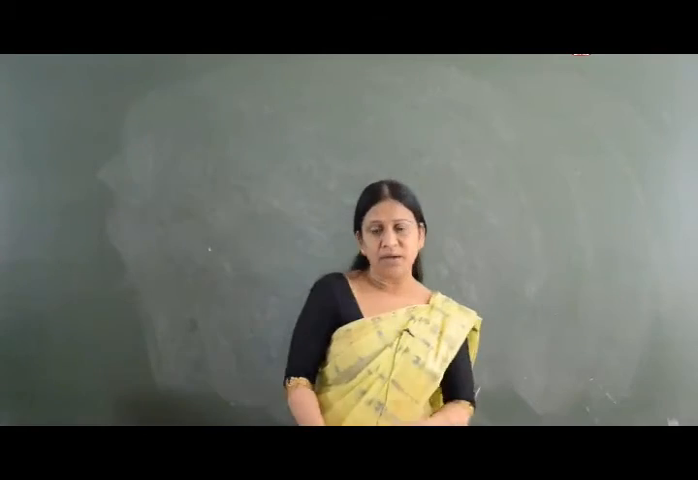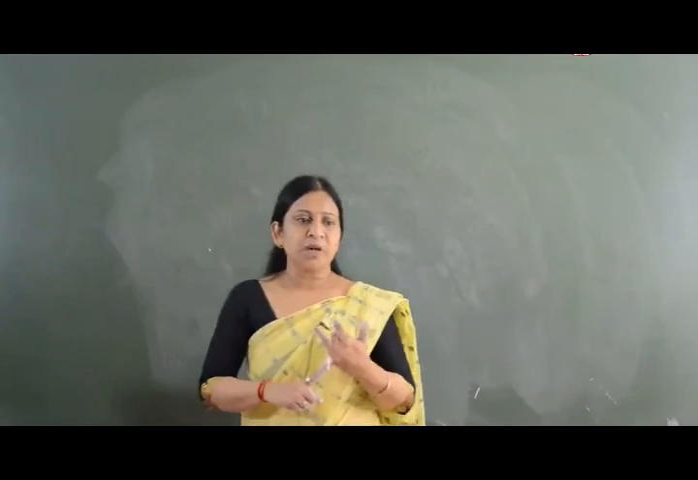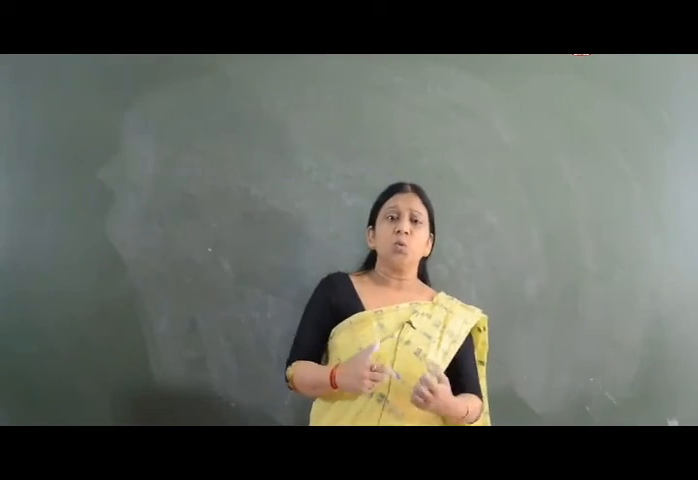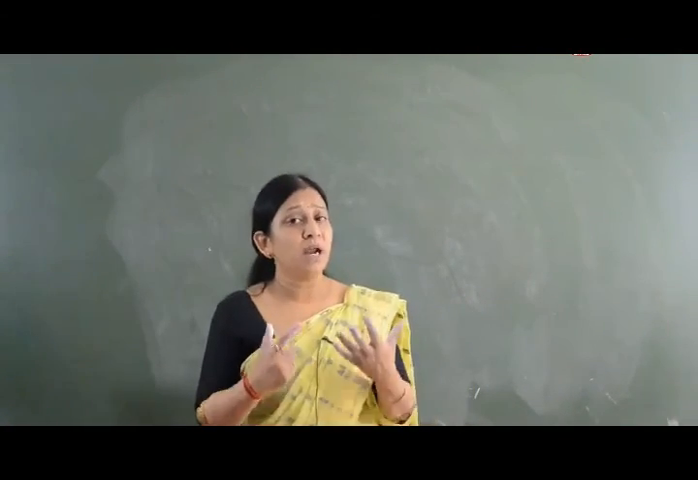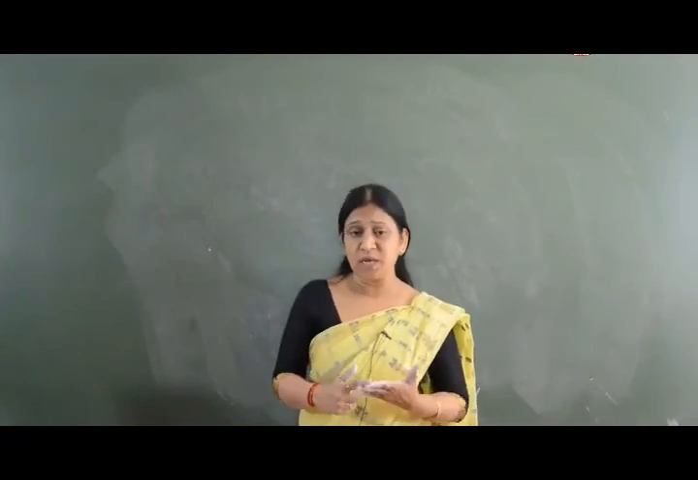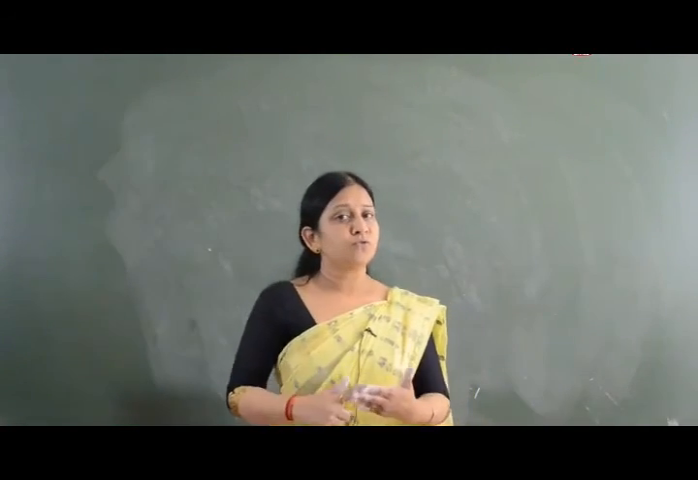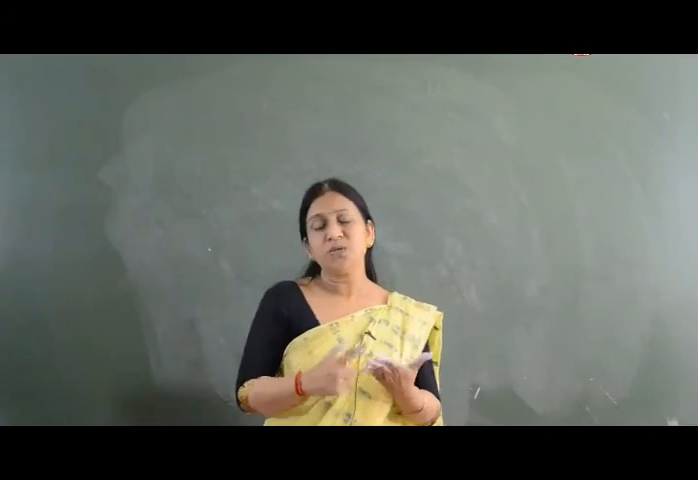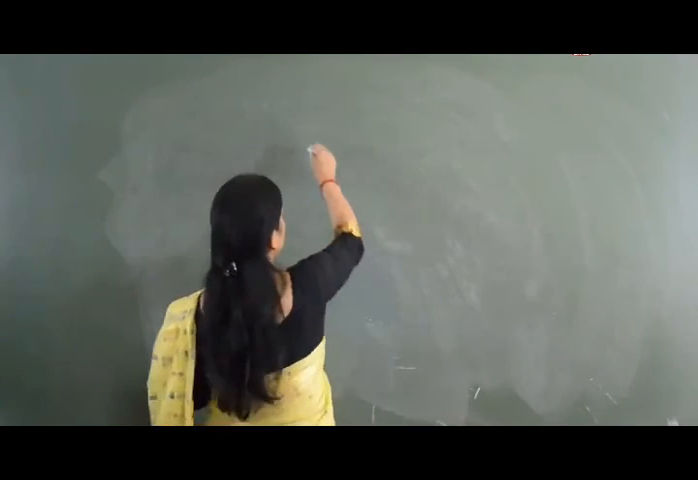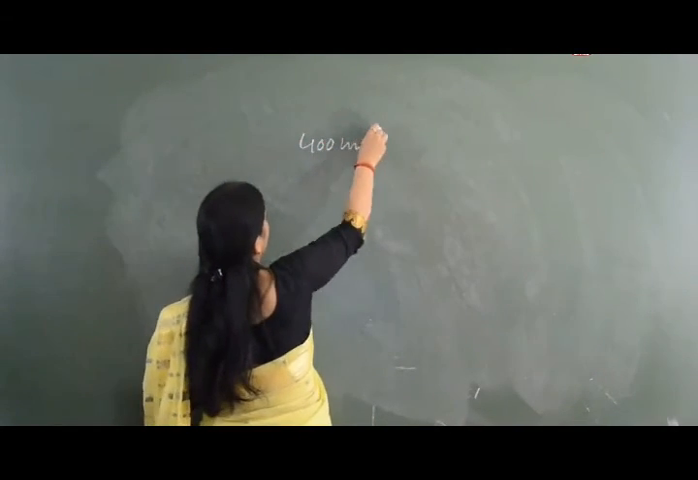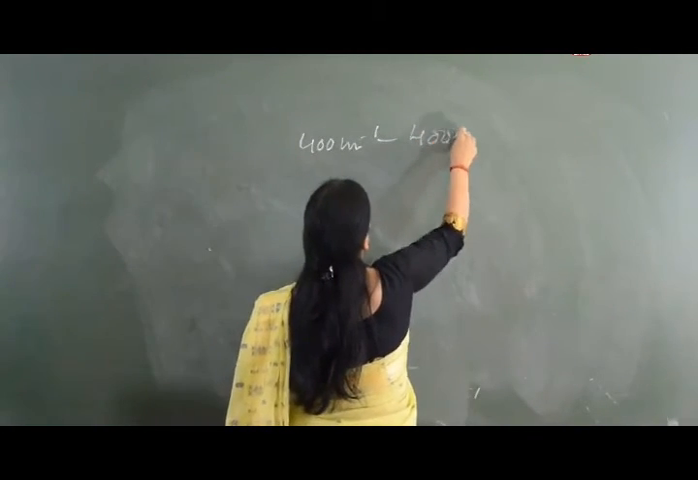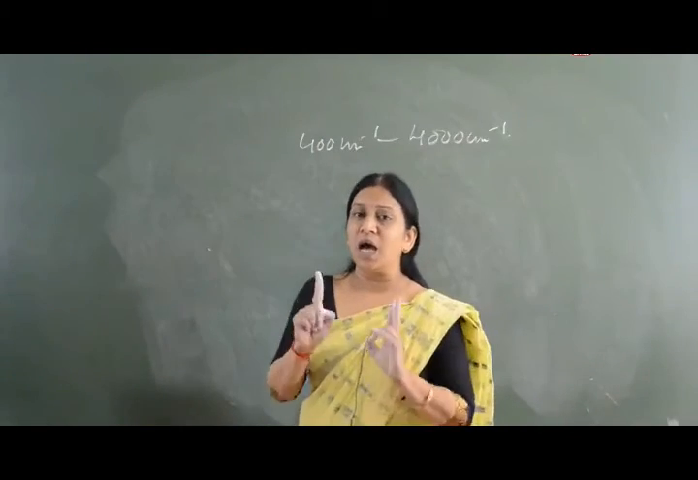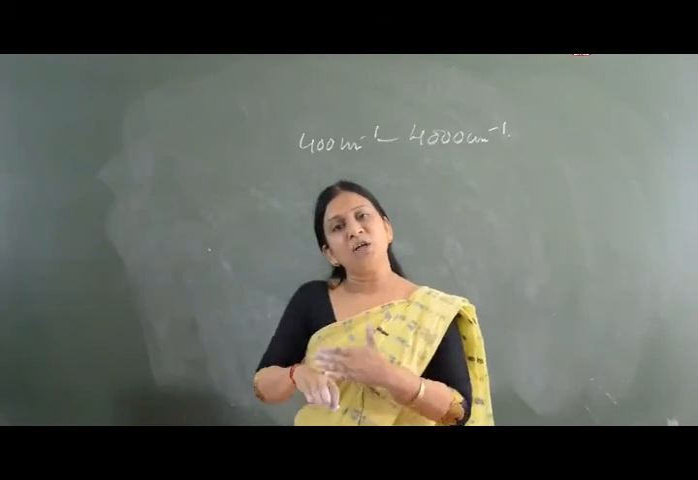So if I summarize the IR spectra, IR spectra is also known as vibrational rotational spectra. Why? Because one vibrational change is accompanied by a large number of rotational changes, and it is given by molecules which have a permanent dipole moment, which changes when the molecule undergoes vibration. Then the range of the main IR region is 400 to 4000 cm^-1, and this range is also divided into two parts,